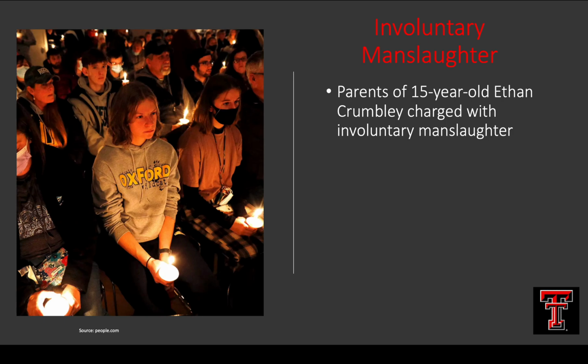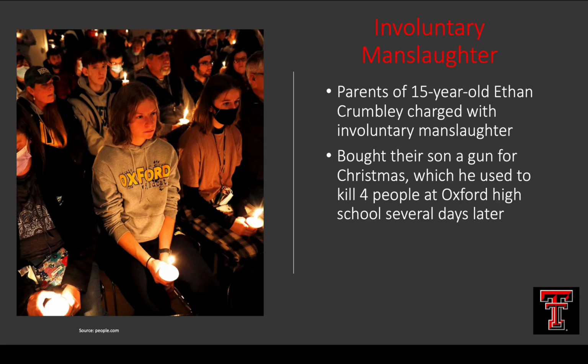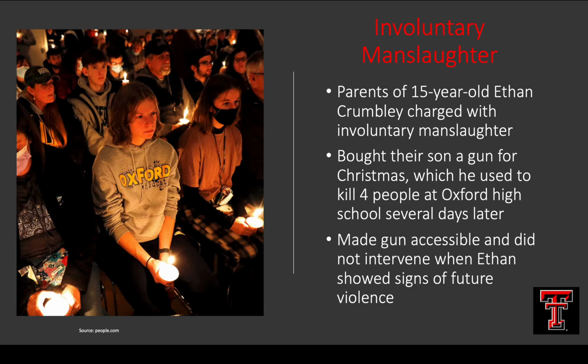So involuntary manslaughter. An example of this is the parents of 15-year-old Ethan Crumbley. Ethan Crumbley ended up killing 4 kids at his high school, and the gun was bought by his parents. Ethan was showing some signs that he could be violent. He had some very severe mental health issues, and the parents totally disregarded that, bought him a gun for Christmas,